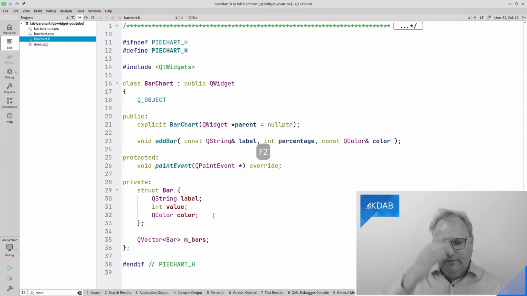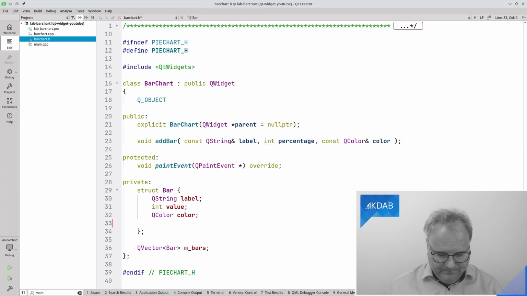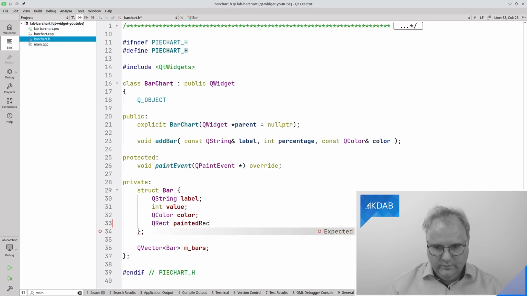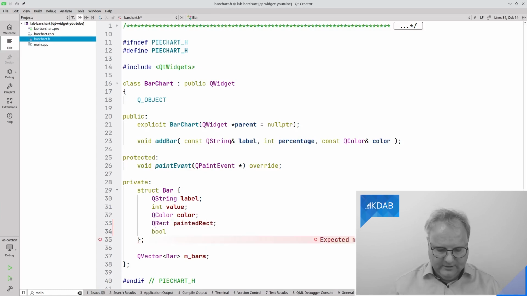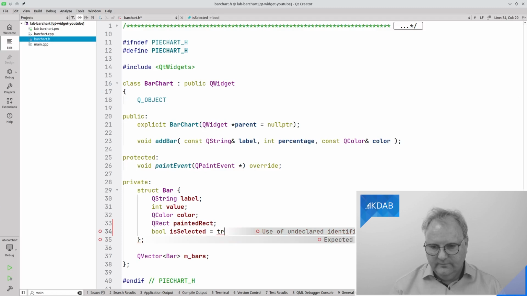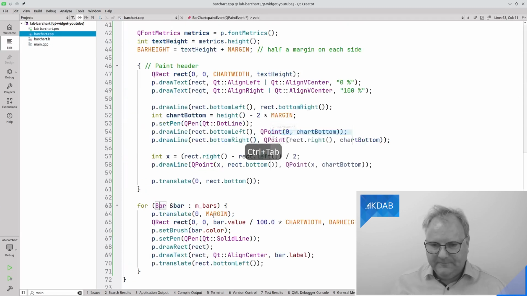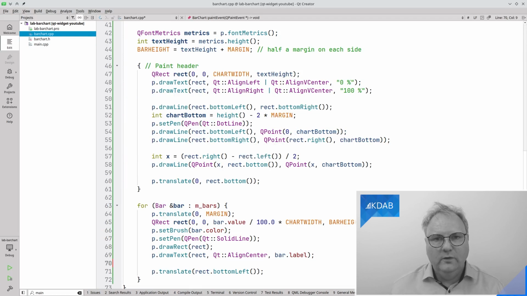And for that, let's go and create a QRect, painted rect. That is the area that was painted, and just to speed things up, is selected, which I will need shortly, equal to false. But first, now that I have my rectangles here, I will want to remember where they were painted.